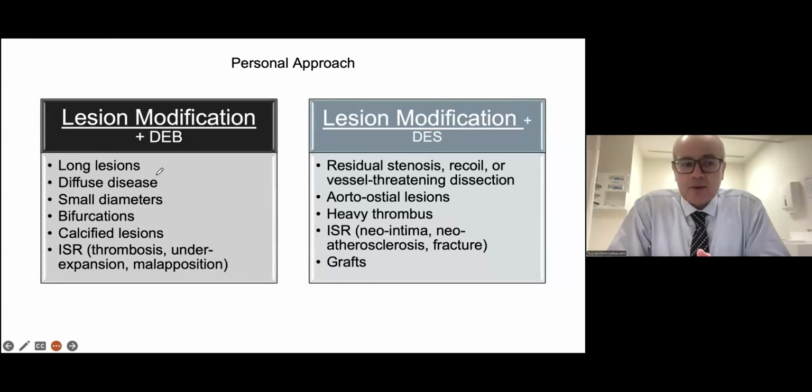So drug-eluting balloons would be my go-to approach in patients with long lesions, patients with diffuse disease where there's no landing zone for the stent, patients with small vessel, small diameters, less than 3 or less than 3.5, where we know that the outcome of stents would not be ideal. Drug-eluting balloons simplify bifurcations, getting us out of the debate between a DK crush and a DK culotte or whatever complex two-stent technique. They have their advantages in calcified lesions, especially the ones that do not yield to lesion modification tools,